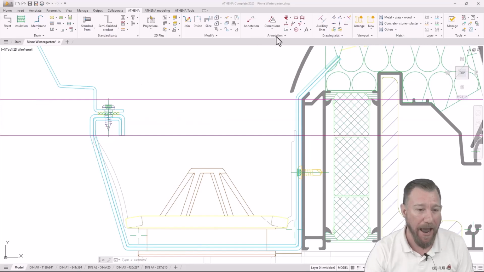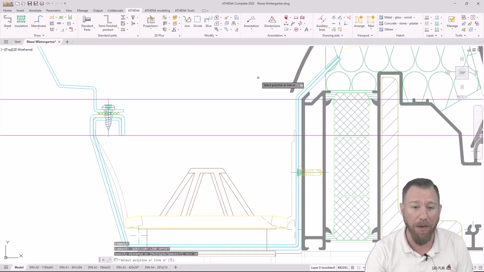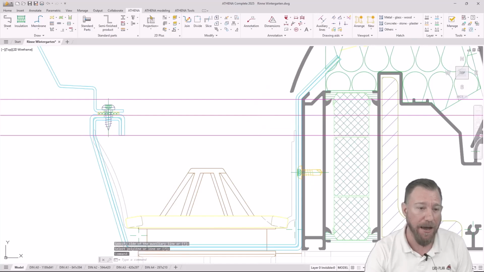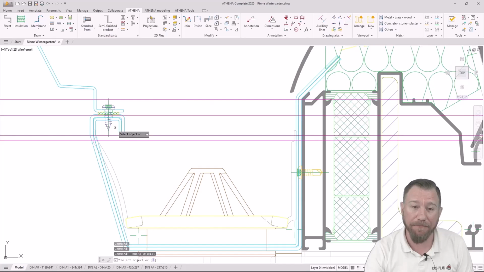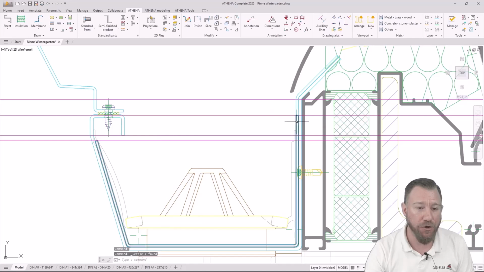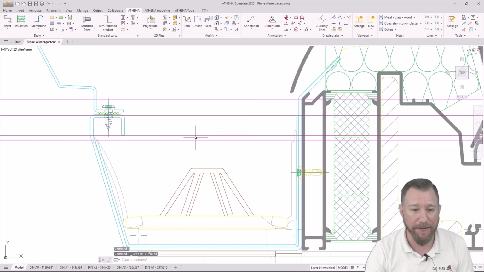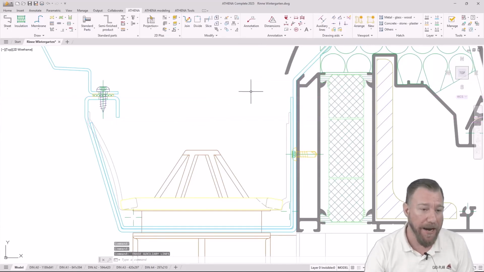Here's another advantage: I can place multiple construction or auxiliary lines without having to restart the command every time. That means I can simplify and significantly speed up my workflow with just a few simple ATHENA commands. So with ATHENA, the joint plate is created in seconds, fast, precise, and